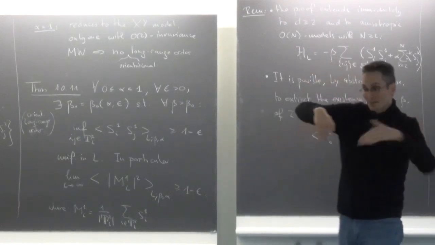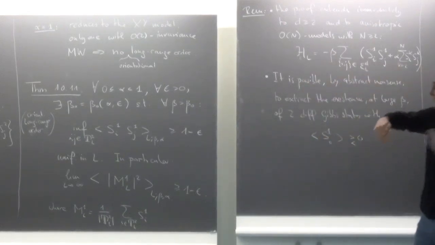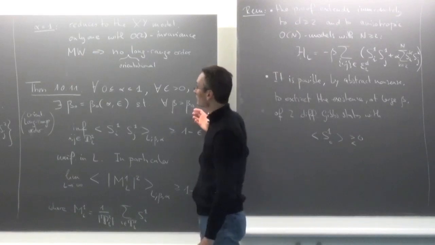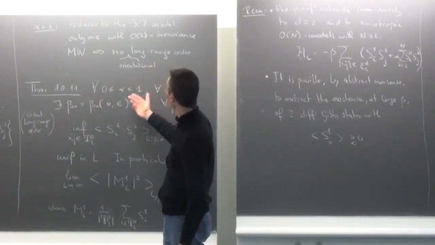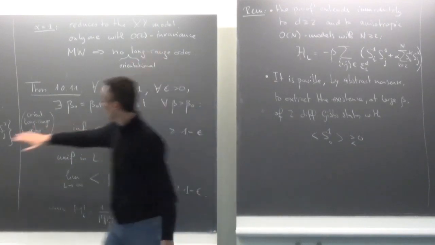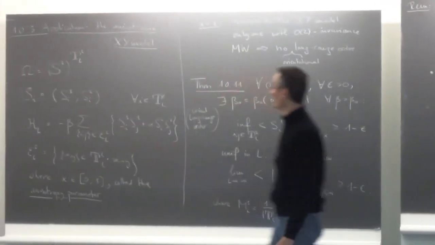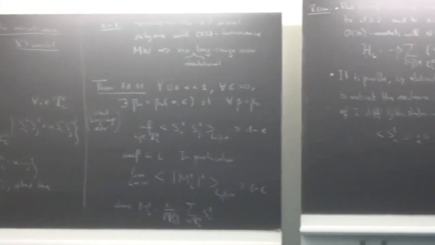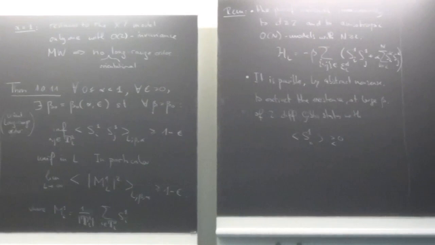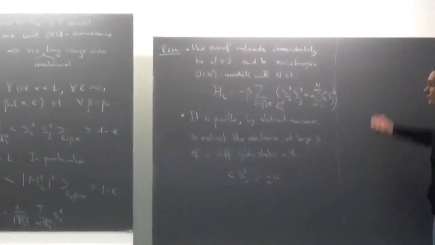Okay, so it's an interesting question to know whether continuous symmetry is required or not. And this shows you that continuous symmetry is really required because here you do have continuous spins, but nevertheless, as soon as you break the continuous symmetry, for any alpha smaller than 1, you get a long-range order. So the Mermin-Wagner theorem becomes wrong, right? So that was just a comment. And let's move to the proof.